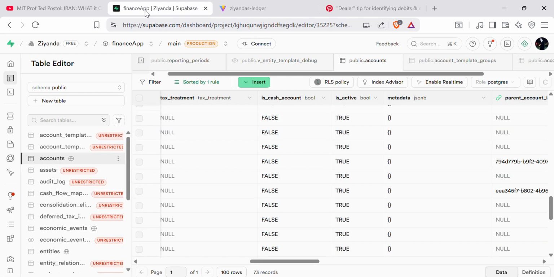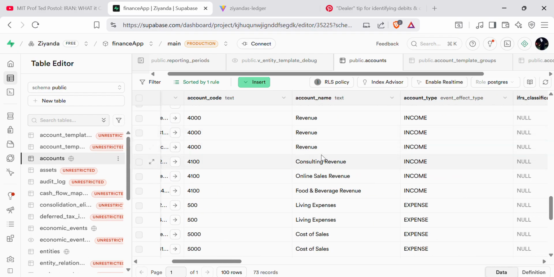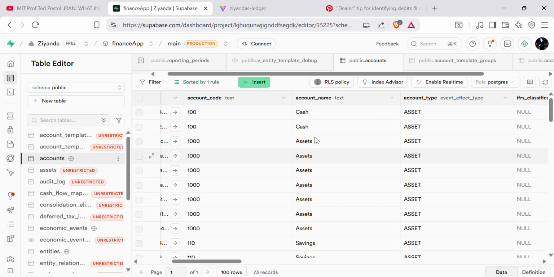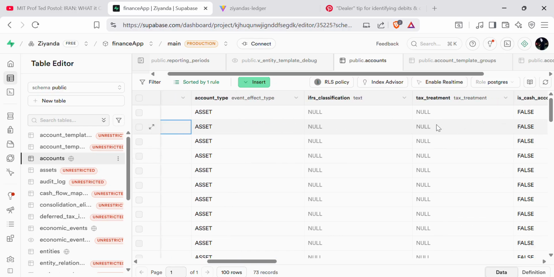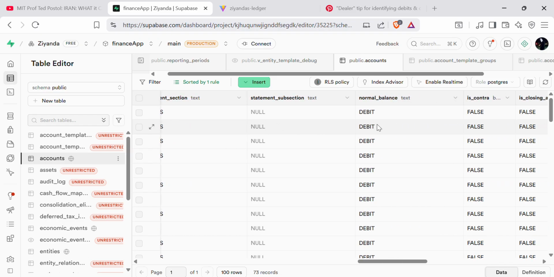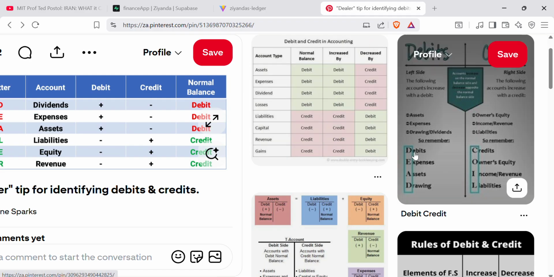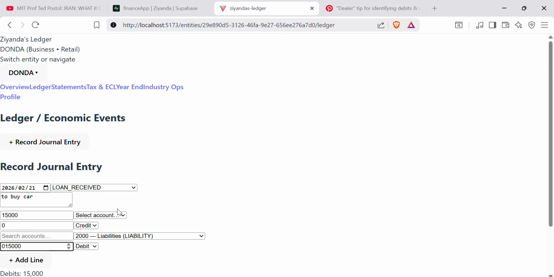Okay, but you get the point. This is where I trip up. I could use my accounting ledger, which is going to fact check me. To check what goes into debit, apparently according to this dealer method, a liability would go into the credit side. So it should look like this,